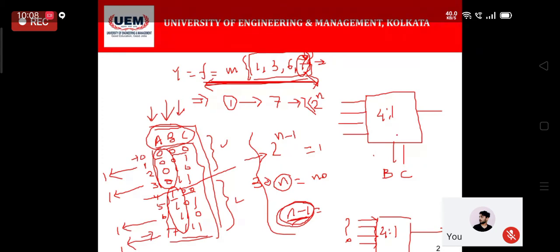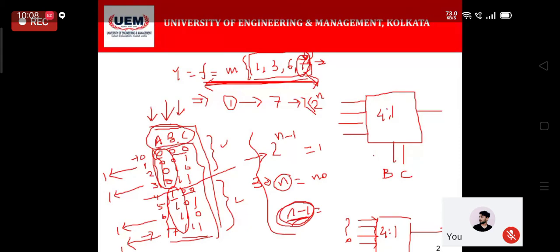We'll not be taking A because for two different values of A, here A is having a value of 0, here A is having a value of 1, but they are not similar to each other, whereas B and C are changing between similar values. So the first value is 0 0, then 0 1, then 1 0, and then 1 1. We can consider this to be the folding value of B and C that is actually preparing.